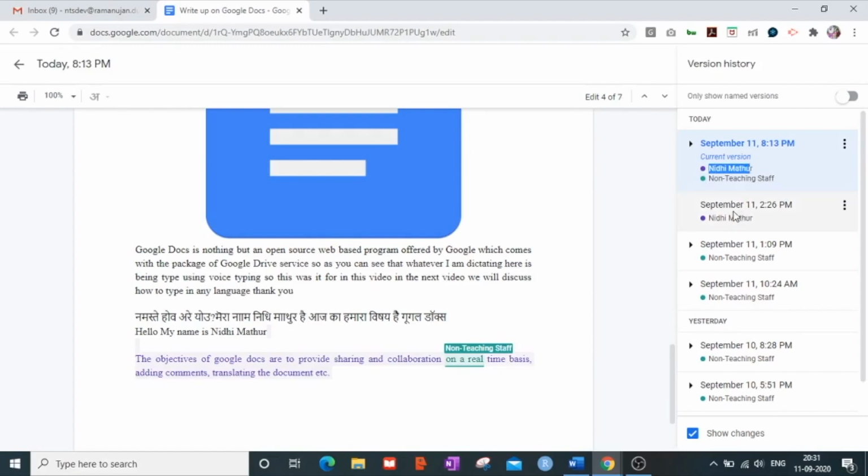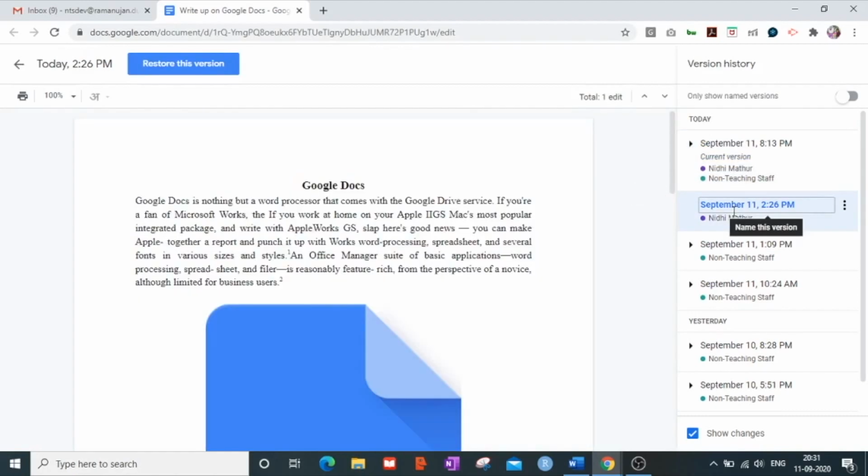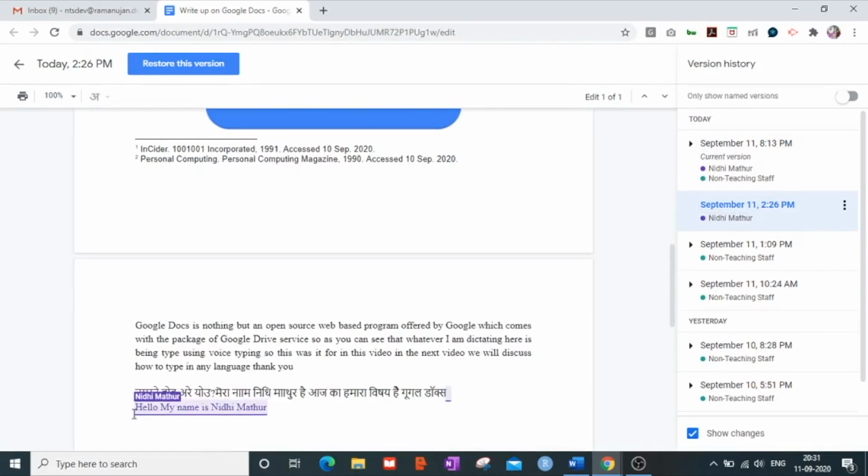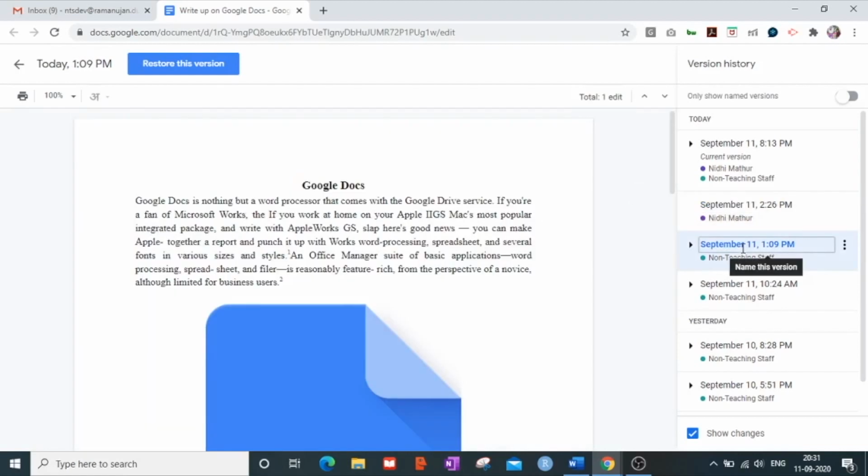Also, if you want to see the other history of this particular document, you can simply click on this second timeline and you can go down and see that this statement was added here by this person at 2:26 p.m. Here also, if you go down below, you can see that another edit was made at 1:09 p.m. on 11 September.